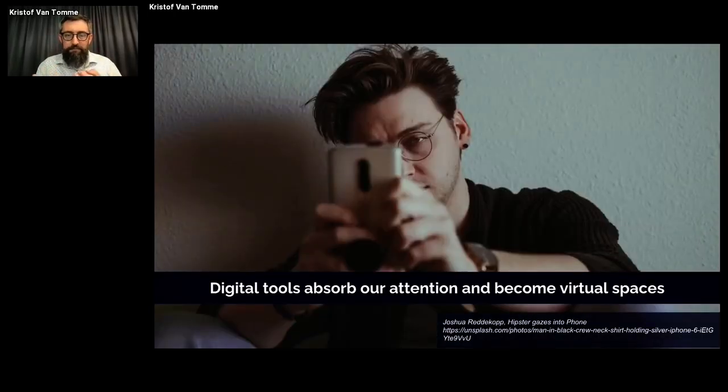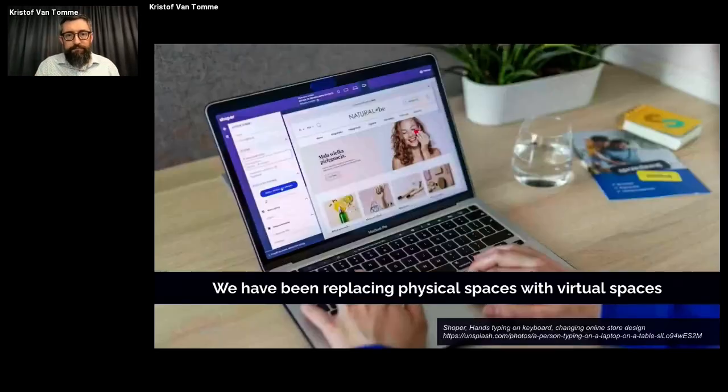Digital tools like a phone and the mobile apps on it, or a computer and the web apps on it, can become these immersive, virtual spaces where your attention gets absorbed and you forget about everything around you, and you can fully focus on that digital context that's made available to you. And this is what we've been doing for the last 25 years, where we've been taking physical spaces and replacing them with virtual spaces.